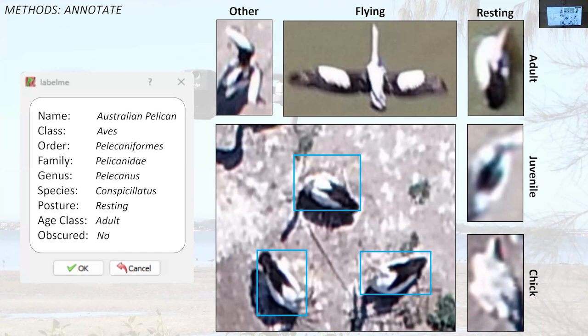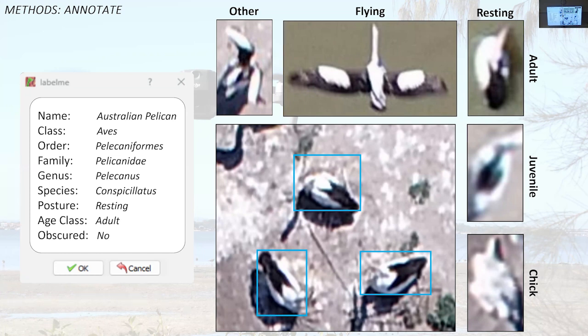So we went through and labeled all of the birds in these images, and a lot of people helped me out with this. Nicola's here today, Sam Longtop, and Sophie Rawson also helped labeling the data. It took a long time, but basically it's just placing a box around each of these birds and then describing the bird as well.